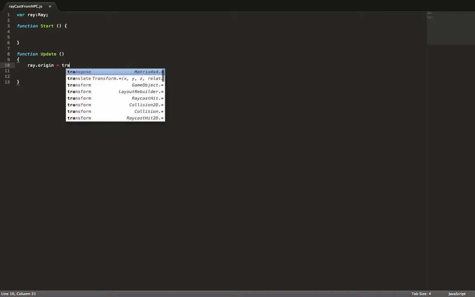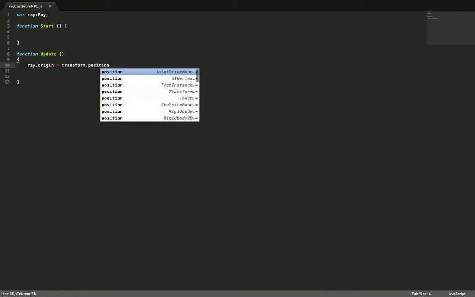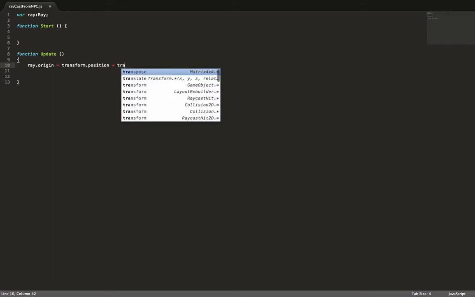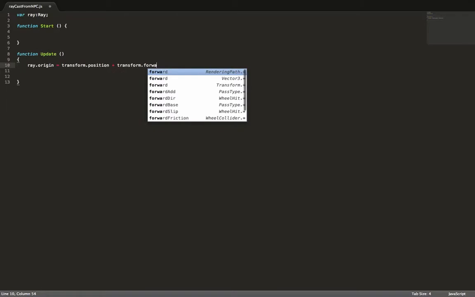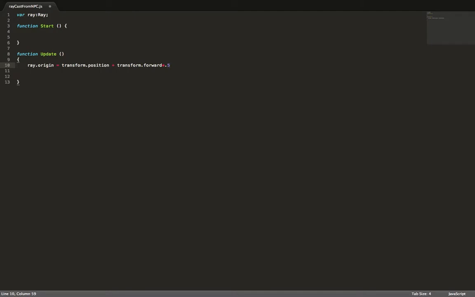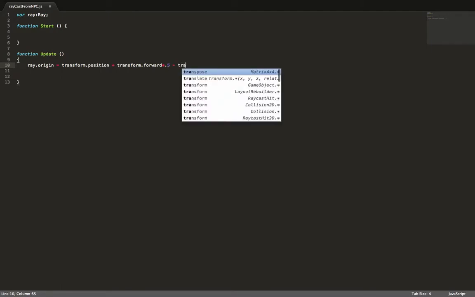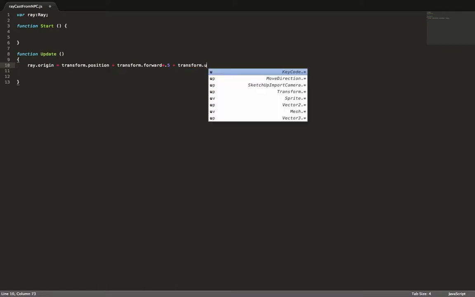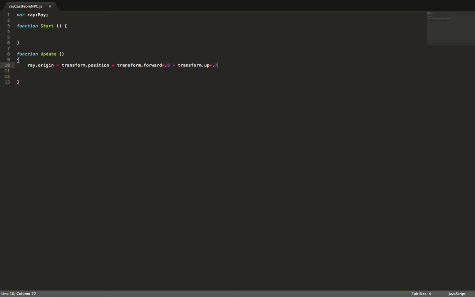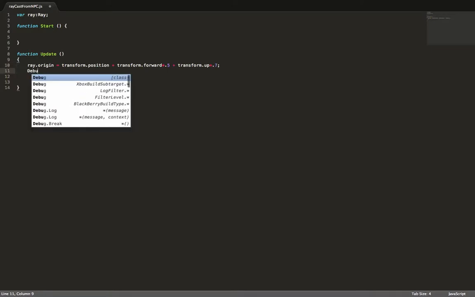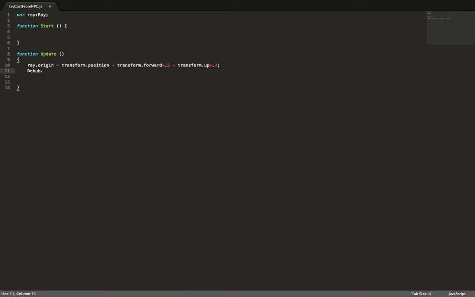transform.position. So again, we'll take the position of the object linked to the script, and that will be the third-person controller, the AI third-person controller. So in our case, it will be the transform.position, and then we're just going to add 0.5 meters forward. So this ray will start a little bit ahead of the character. And what we also do is we'll make sure that this ray starts from about the middle of the character. So again, we're going to use transform.up and multiply by about 0.7, which will correspond roughly to the middle of the character. When this ray has been created, we will cast it